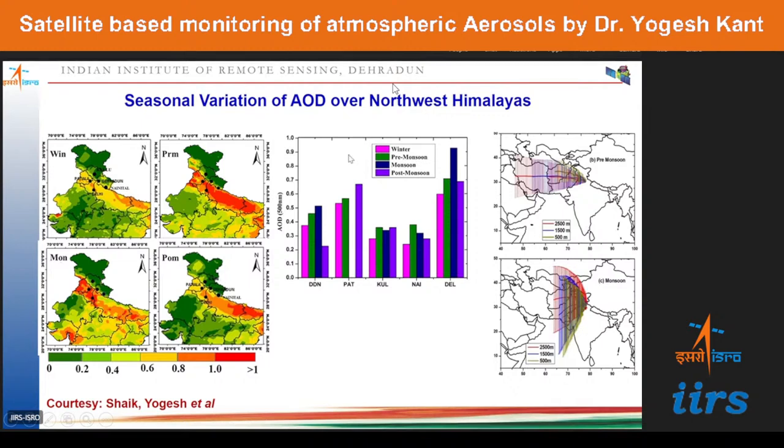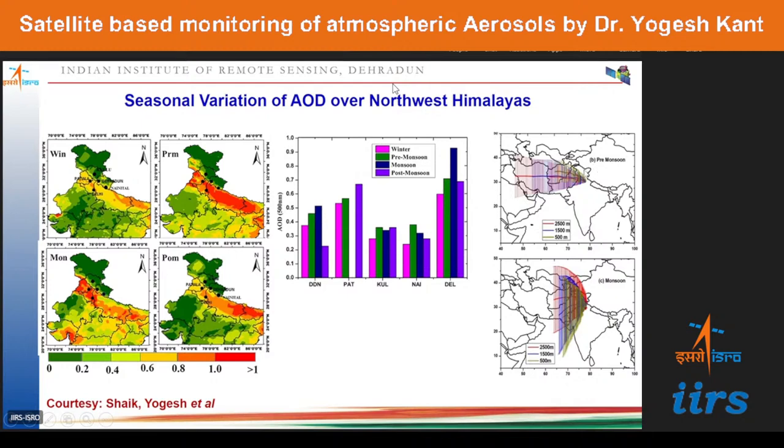Now, we can also validate our results from the satellite on the ground. With ground data from different stations, we can cross-check what we are getting from the satellite data and how it is correlated with or validated by the ground data. Also, we can associate this with wind trajectories, that is wind profiles, from where the winds are coming. For example, how do we know that these aerosol loadings or this dust is coming from the North Africa Sahara region, from the far west?